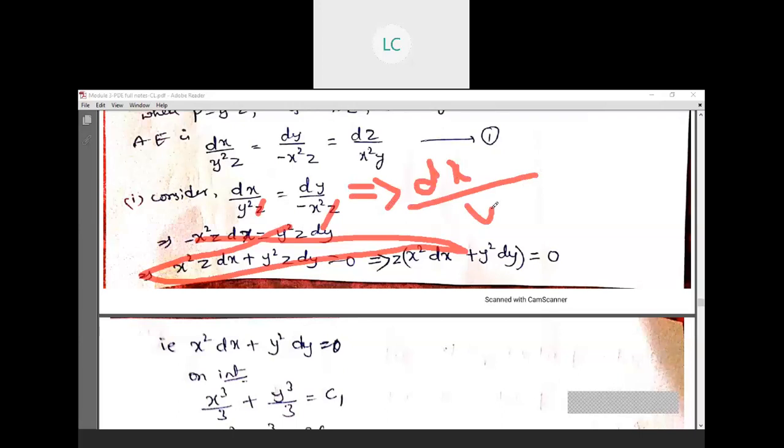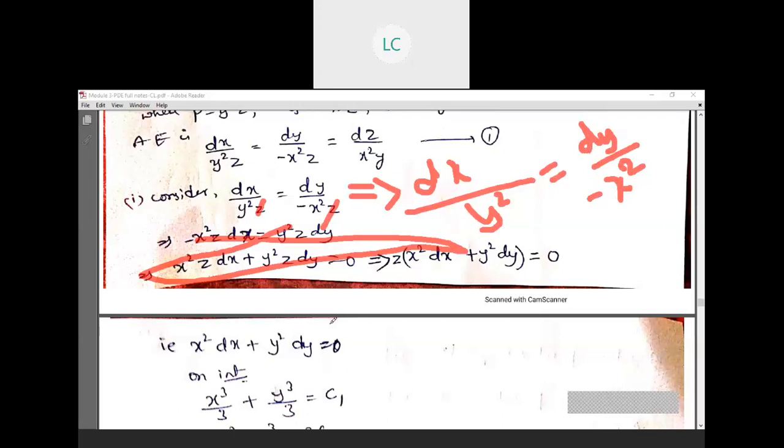Before doing all these things, you can directly write this. I will directly cancel here; I don't need to write these steps. If you cancel this, you will get dx by y square is equal to dy by minus x square. Now just cross multiply this, you'll get x square dx minus x square dx is equal to